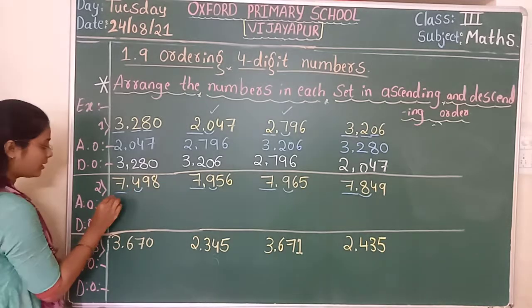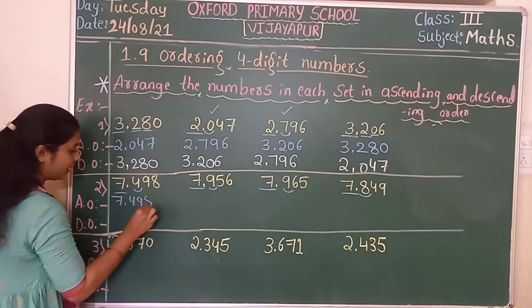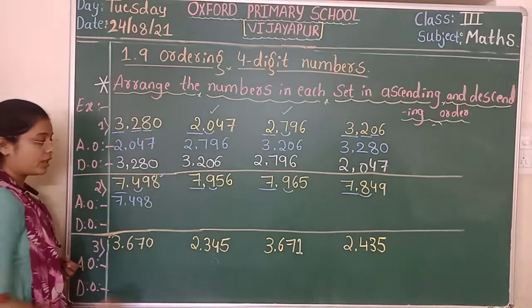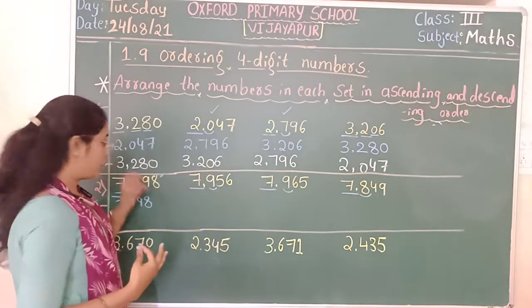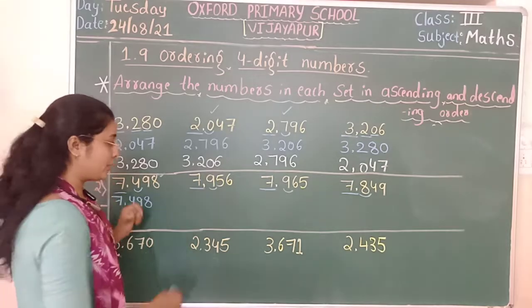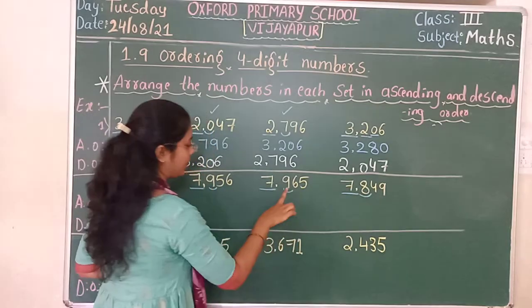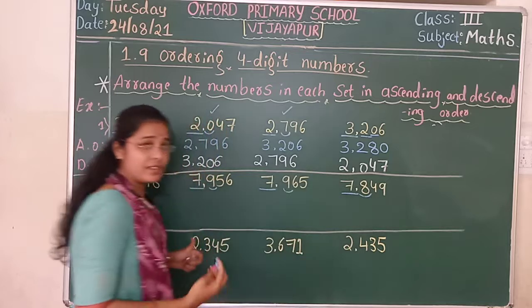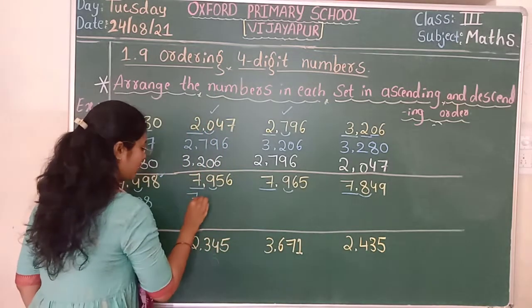So, we have to write 7498. It completes now. Just I am going to make a tick mark to avoid the confusion. Means this number we already wrote. We are having 9 and 8. Which is the smallest one? 8 is the smallest. So